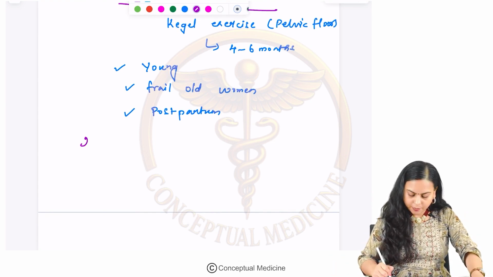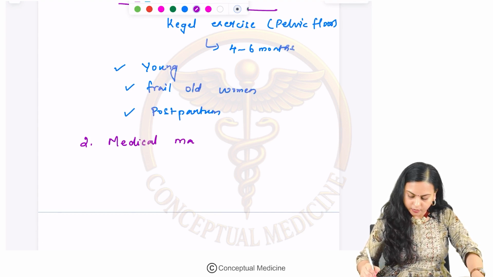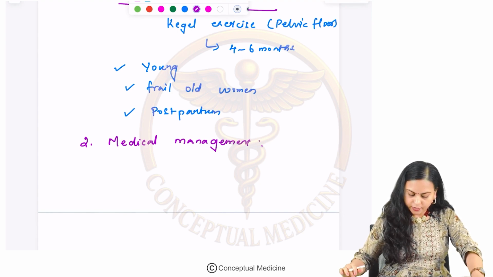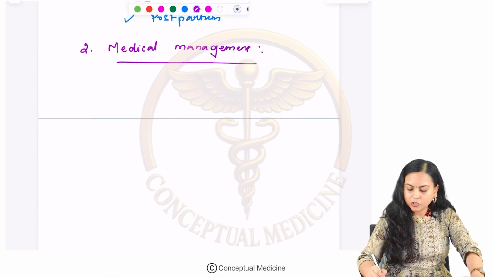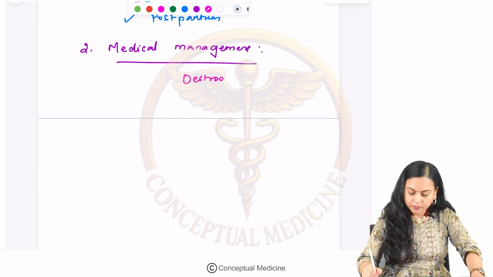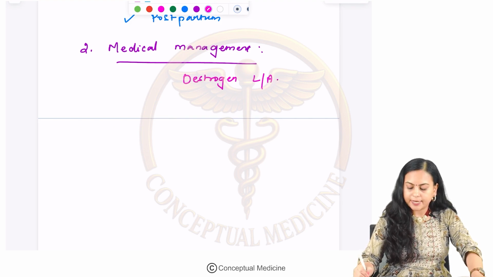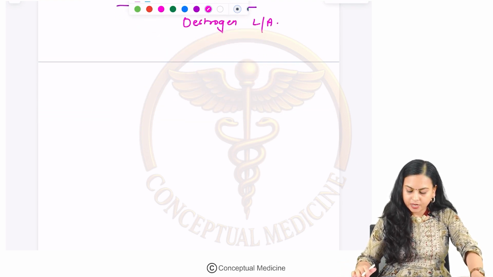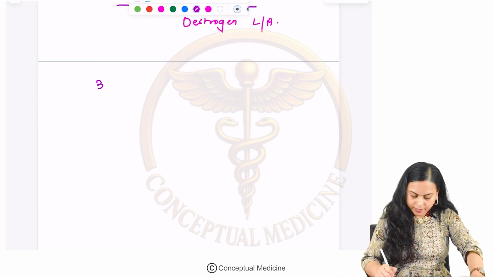And the next type of management is medical management, where you will give drugs, especially in postmenopausal women. You will offer them local estrogen applications. Clear? And the third type is surgical treatment,